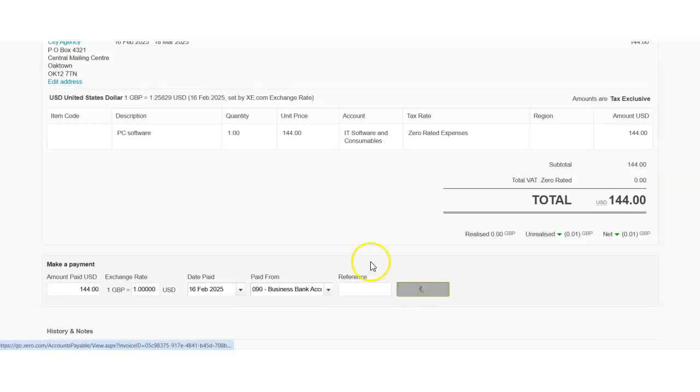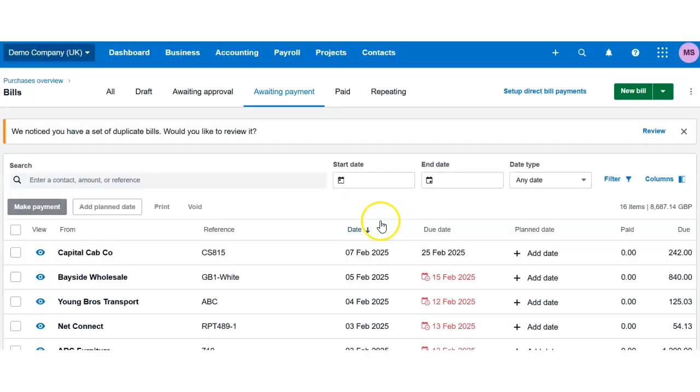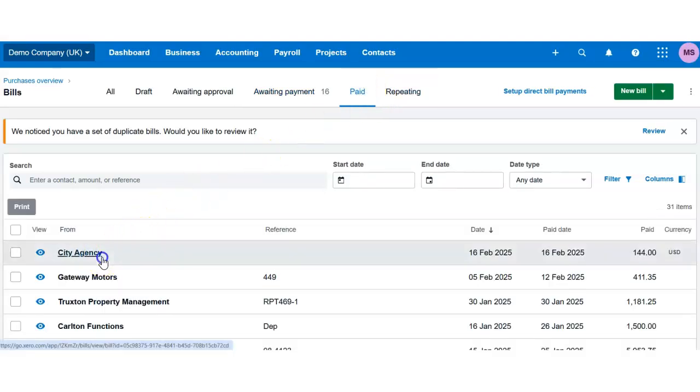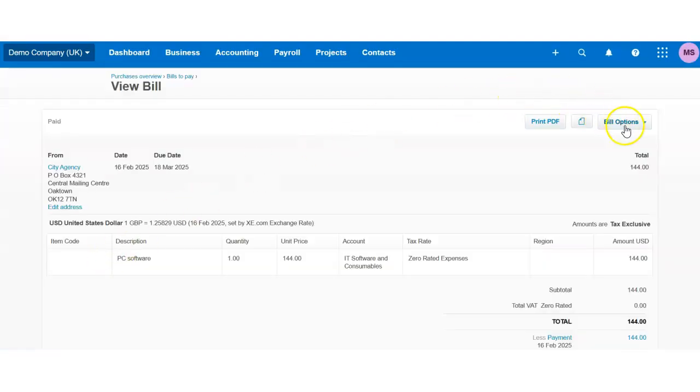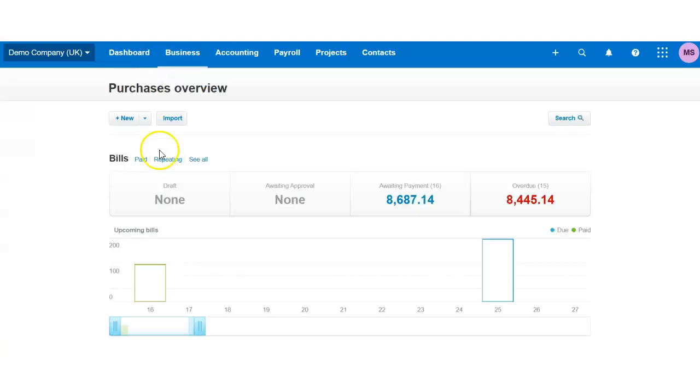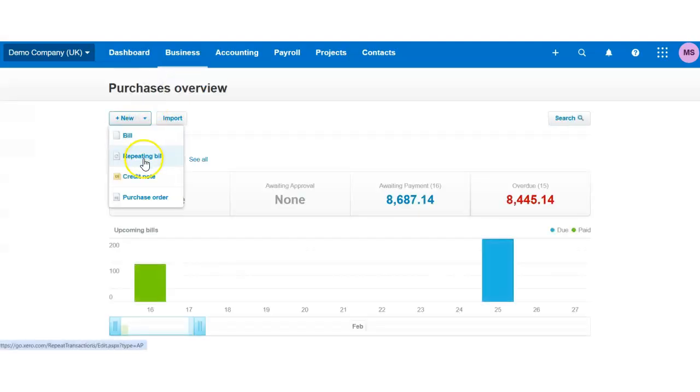So what we do, we would add a payment, and now when we go to the paid screen, we go back to this invoice and go back to bill options. You'll not be able to see the credit note option here. What you have to do is go back to purchase overview, click new, credit note,